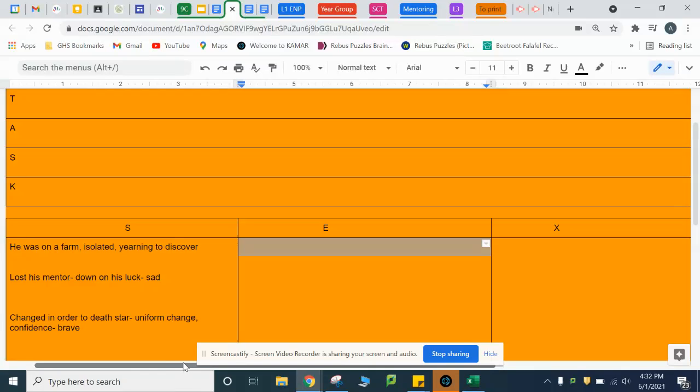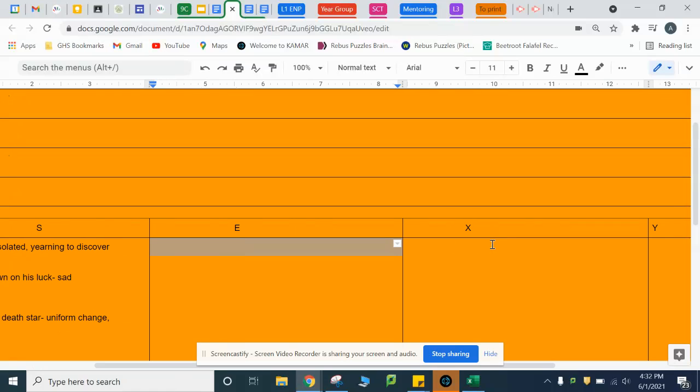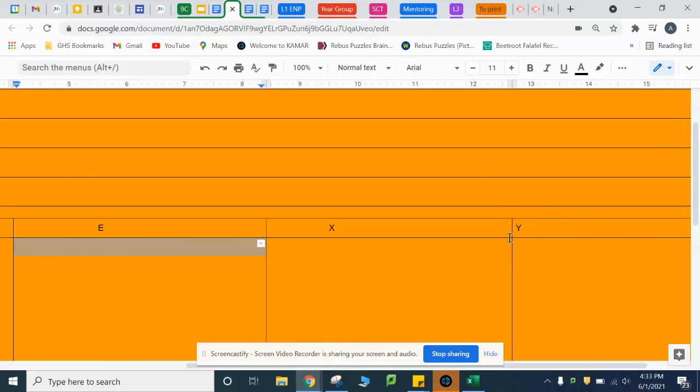And then when I go over to my explanation, remember that the explanation explains the example which links to the statement. This is where I'm going to bring in Joseph Campbell, and I'm going to explain how the example linked to my description and what part of Joseph Campbell's hero's journey it is. And then I'm going to explain the definition of that hero's journey stage, and then how it links to that example and that description. And then for the last part of each paragraph, I'm going to link it.